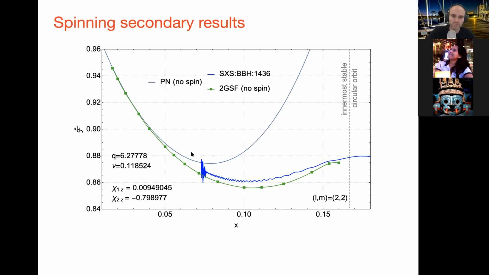So here's another example. Same thing again, we're plotting the flux normalized by the leading post-Newtonian behavior, as a function of the orbital separation. So here again, the weak field, and here the strong field. And this time I'm plotting a binary with a mass ratio of 6.3. So that's a nu of 0.11 or so. And here the primary is non-spinning, or pretty close to being non-spinning, about 10 to the minus 2. This chi is the effective spin parameter, measuring the spin of the binary. But the secondary is spinning at minus 0.8. That's its dimensionless Kerr spin parameter.